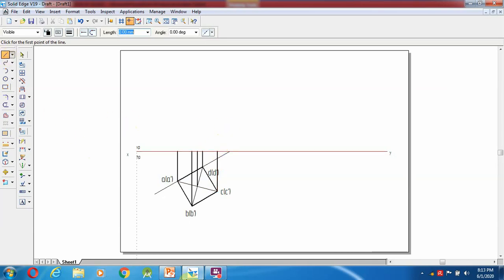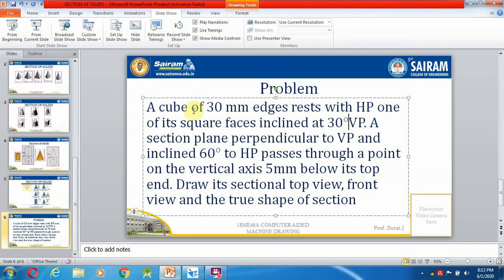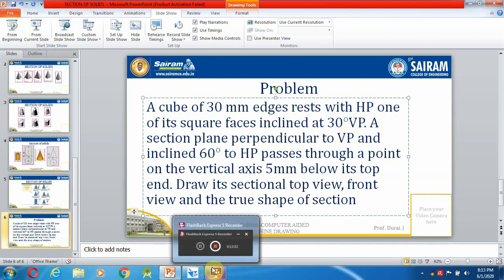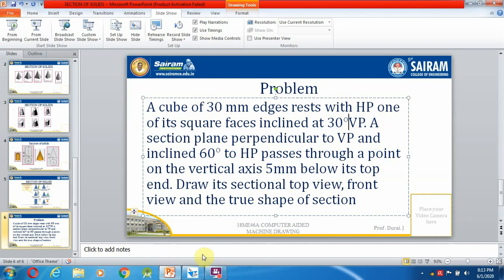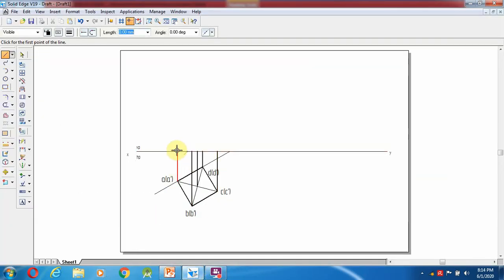So after that, one more point you have to remember, 30 mm edges rest with HP. So that it will be a rest in the horizontal plane. So in the front view, it will be going to rest with the HP. So here one more line I am going to draw. So already people know that the cube edges 30 means all the sides it will be 30. So 30, and I am going to